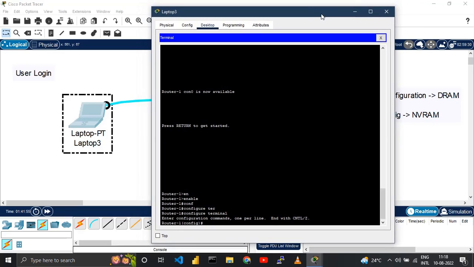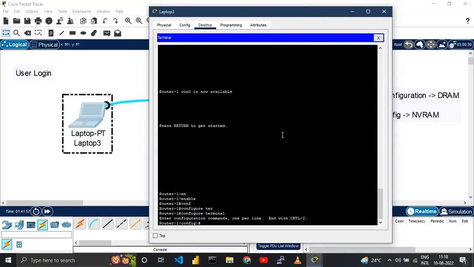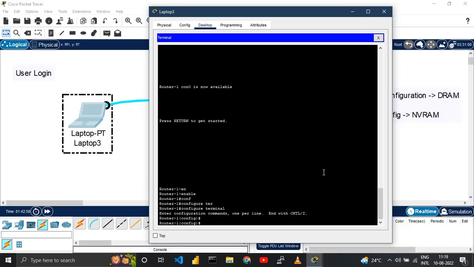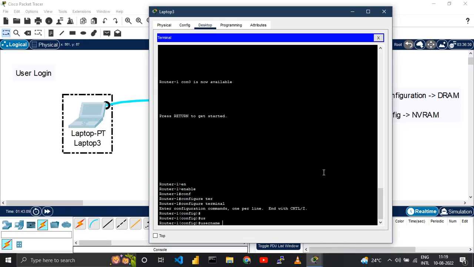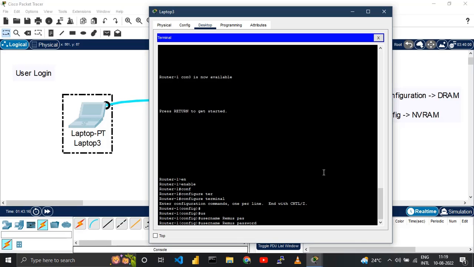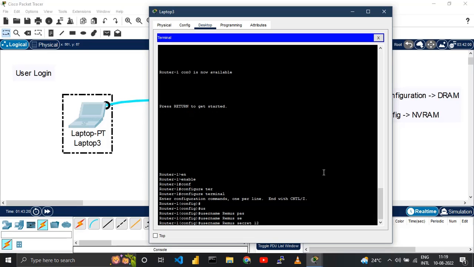Alright, let's do one thing. Let's add a local login to this device. To set up a local login on this device, we need to provide the username and password or the secret in this configuration mode, like this. Username Dimas, password or secret, any of them can work. 1 2 3 4 5. All right,